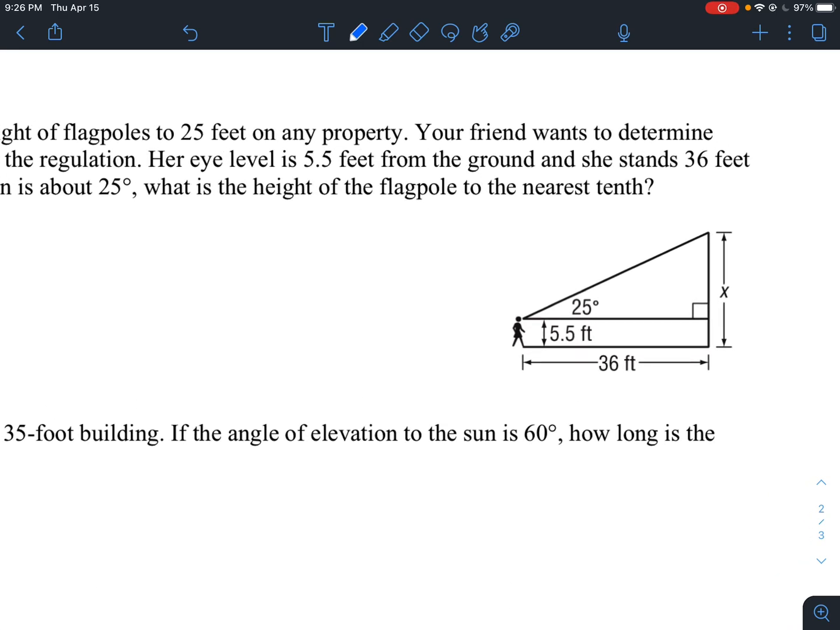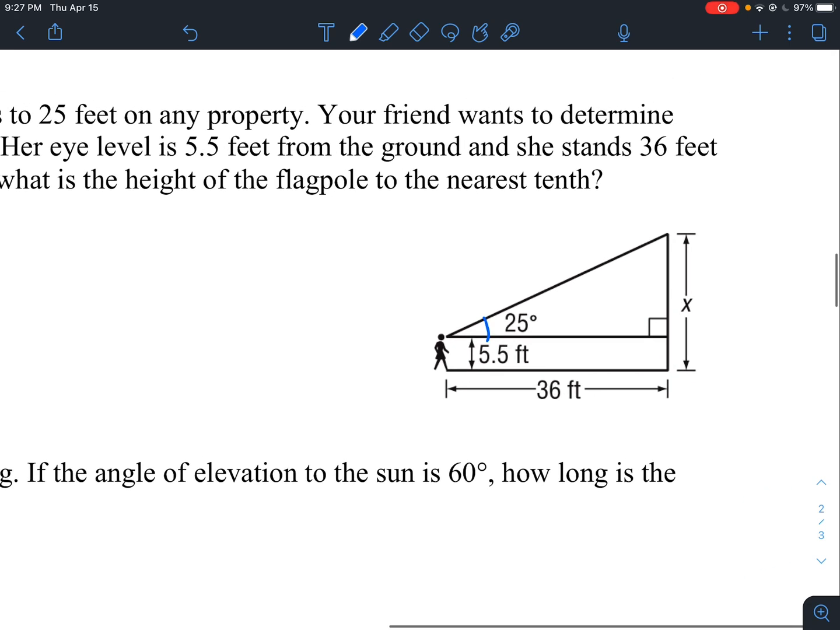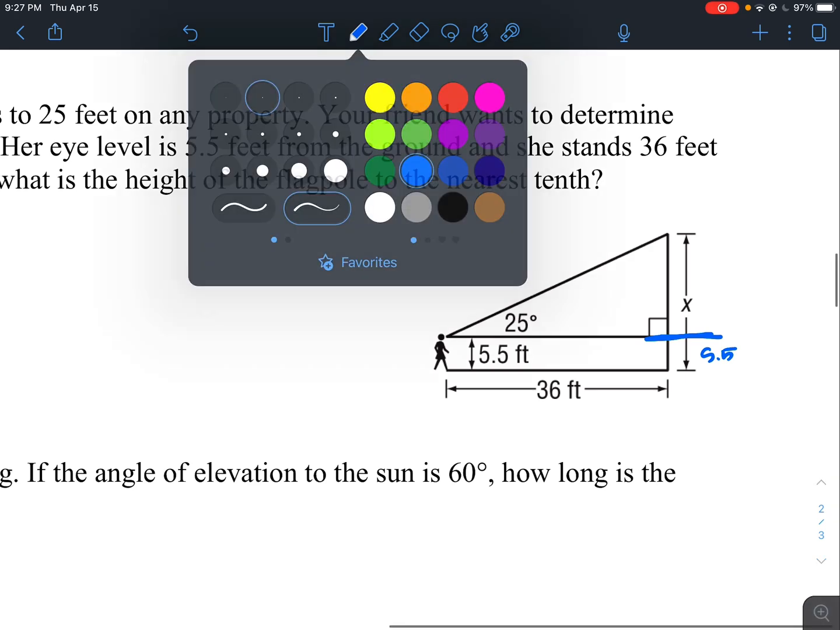So this one already has a figure laid out for you. We're trying to find how high the flagpole is right here to see if it's in compliance. So the angle of elevation from her eyesight to the top of the flagpole is 25 degrees, but her eyesight is 5.5 feet above the ground, and she's standing 36 feet away from the flagpole. So her goal is to find this right here. Now, we know that this distance right here is 5.5 feet. So that means this distance right here,